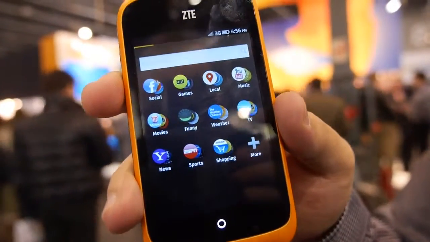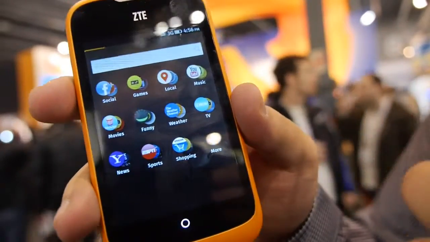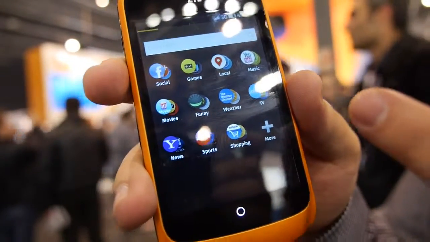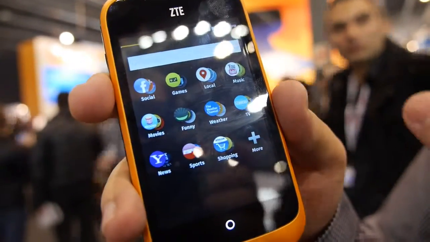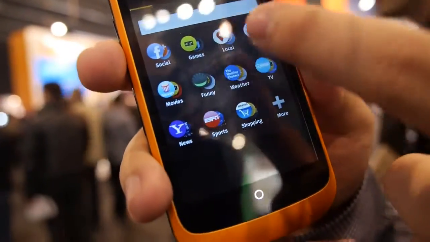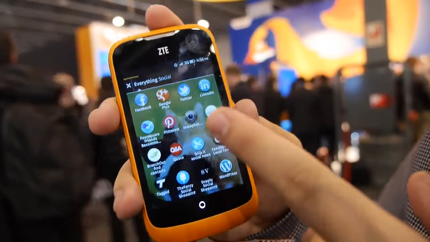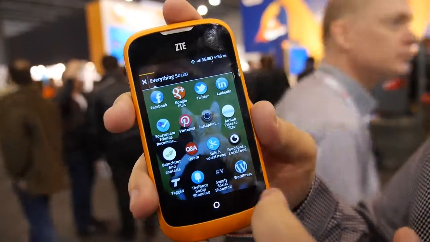Okay, so this is the Firefox OS. This is the new feature that we are launching. It's called dynamic app search. You can actually find applications that you don't know about. So we can have several categories, for example, social. You click on social, you get all the social applications that exist on the marketplace, on the